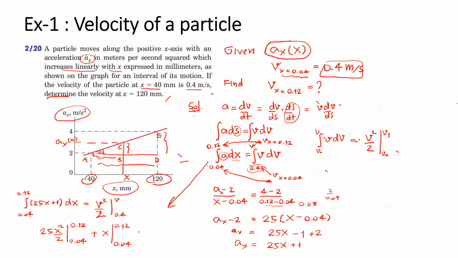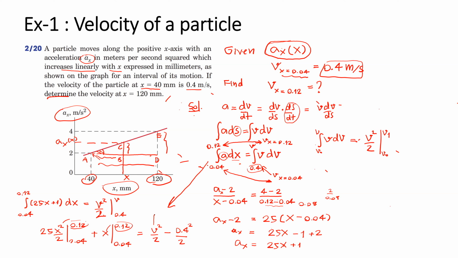It should equal to v squared per 2 subtract by 0.4 squared per 2. And now, you can substitute the limit of the integration into this, and also by arranging the equation,